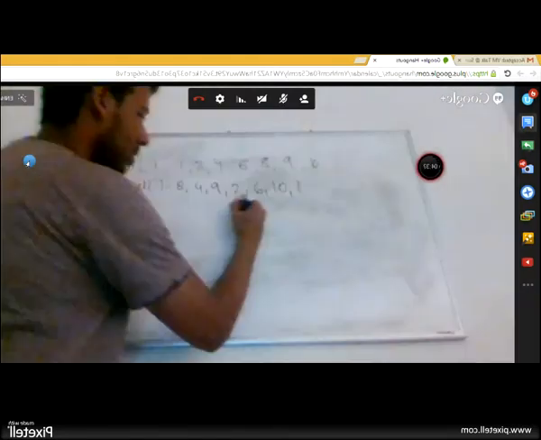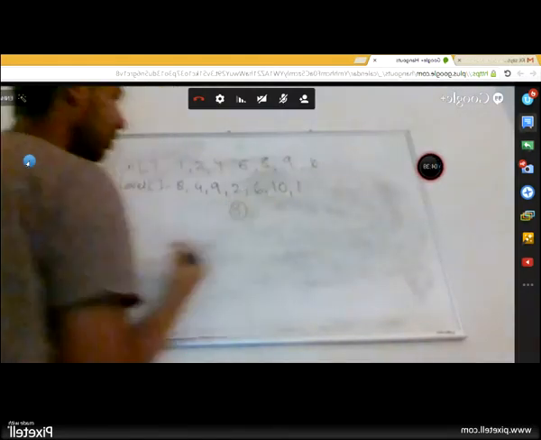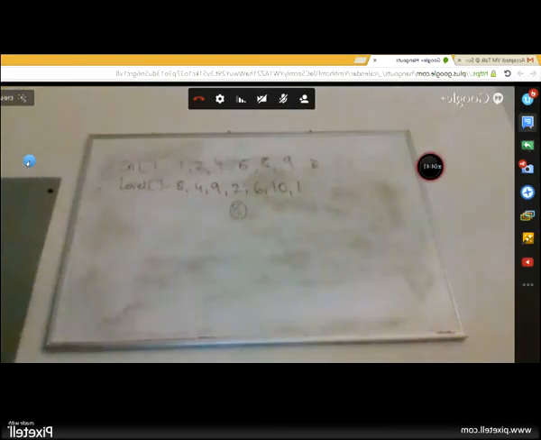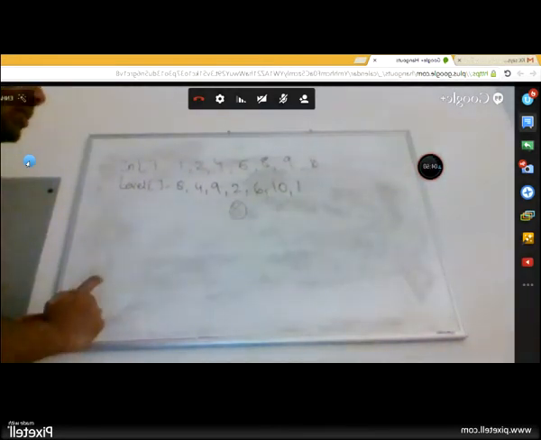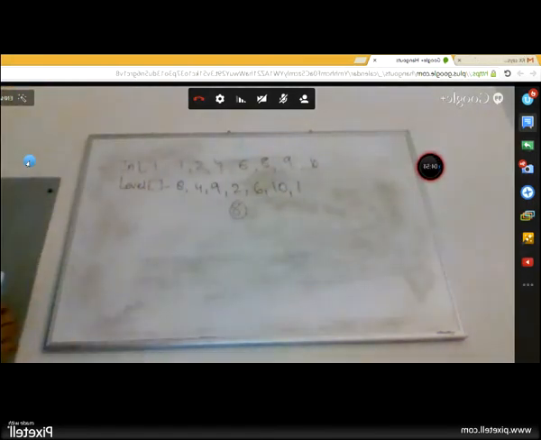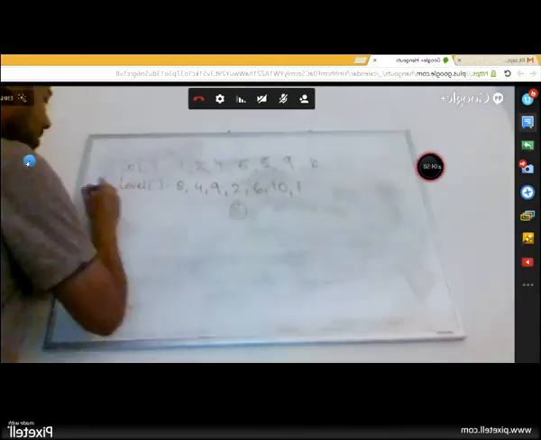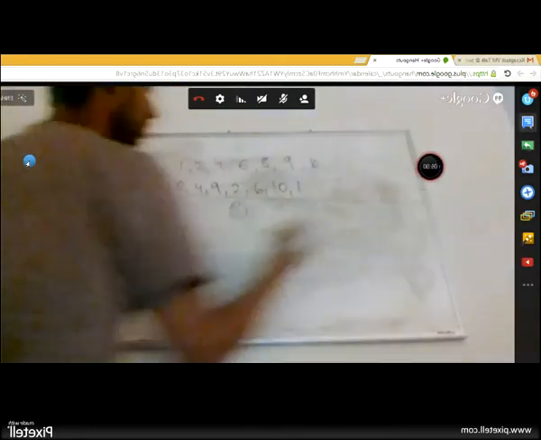8 becomes the root, okay. 4 and 9 are the left and the right child of the root. 4 and 9 are the left and the right child? How can you say that? Level order goes in that way, right? What if the left child was missing? Oh. All you have established till now is that 8 is the root.